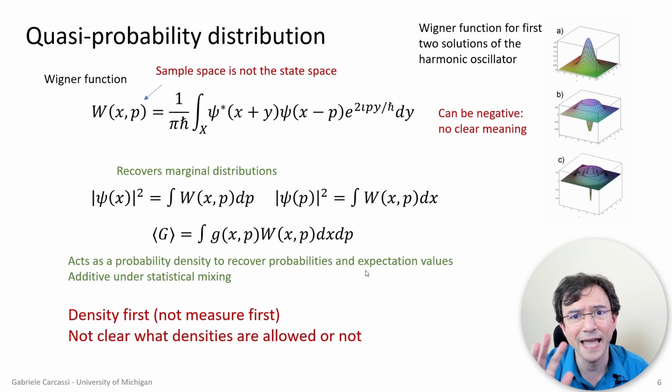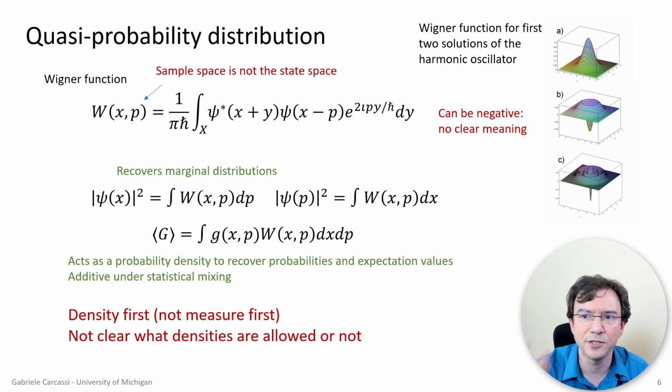Now there is something else that is used, and is actually very useful, in quantum mechanics, which is the quasi-probability distribution, the so-called Wigner functions. There are a couple of other transforms that work the same way. The idea is that you can take your states and re-express them as a distribution over position and momentum, and this is useful because you can recover the marginal distribution, and you can also recover expectation values by doing the integrals as you would with a classical probability distribution.